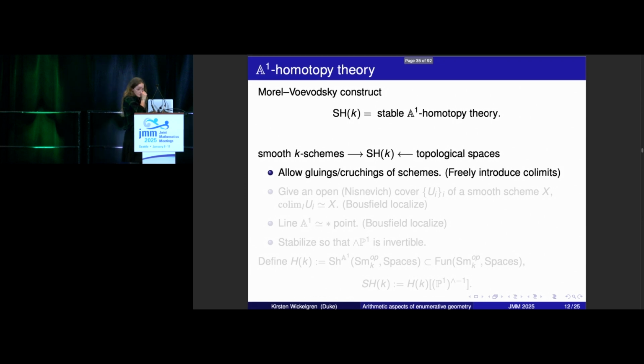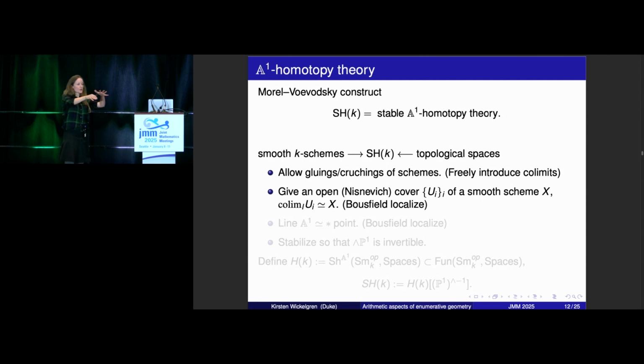And then you freely allow yourself the ability to crush. You could crush the P2 at the boundary that's compactifying this room, and that's allowed, and you freely add these crushings, and then you lose some of the geometry of your schemes, so you put it back. You say that the ways that we glue, they were free at first, but now if we have an open cover, we can glue the open cover back to make the original scheme.